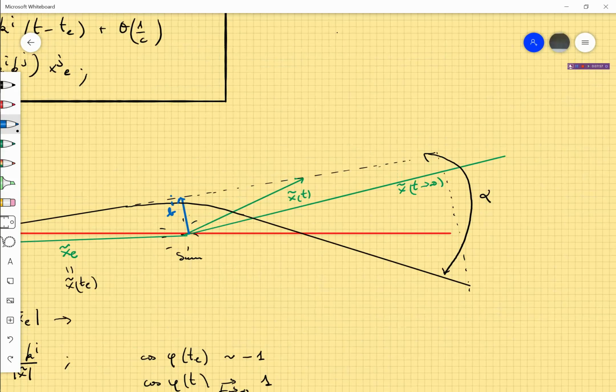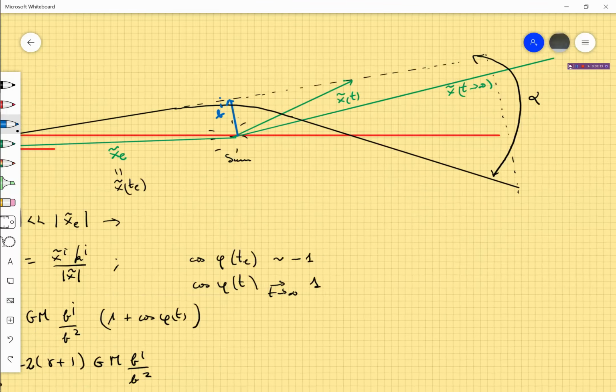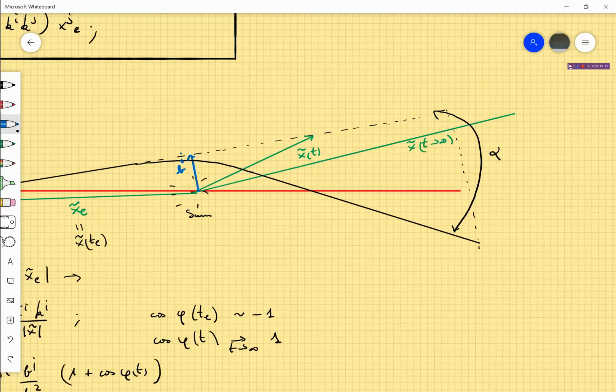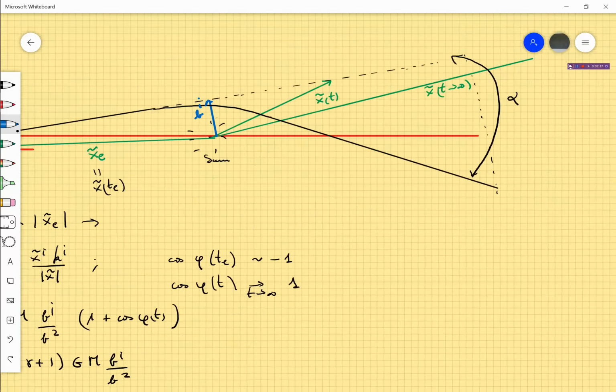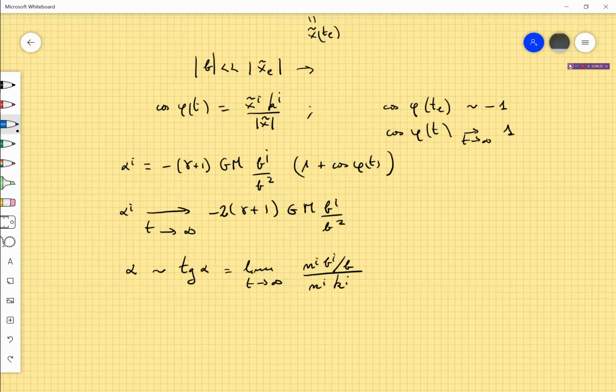Bi is like this, and then you project. In order to find this side, you have to project over bi divided by the absolute value, and in order to project on this side, you need to project with ki, which already has absolute value 1, and the quotient gives you the tangent of this angle alpha. But then we have an expression for ni. Okay, remember that ni,